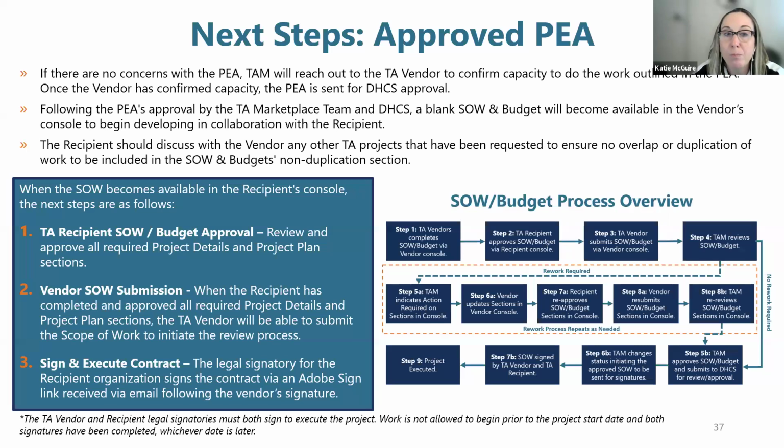Basically, you will submit the PEA. Once it's approved, there'll be a capacity confirmation. Once DHCS approves it, then you all can begin developing. Once the vendor has entered the information, you will review it, approve it, and then they will submit it to